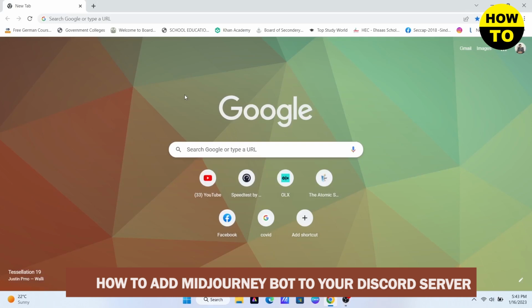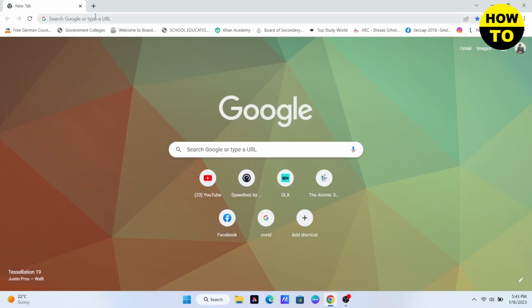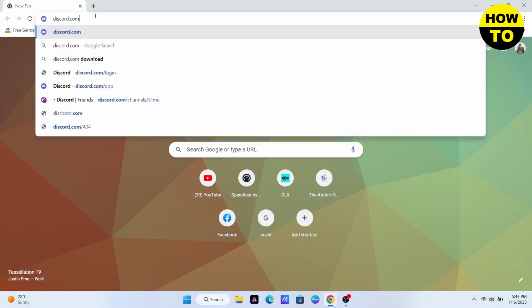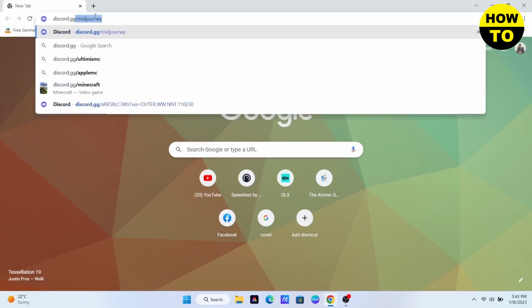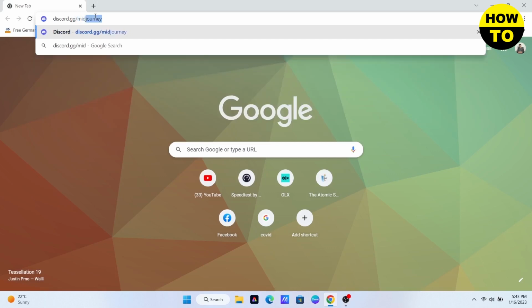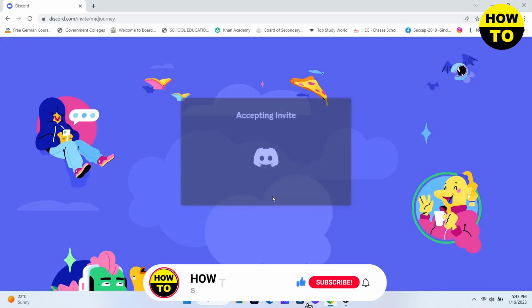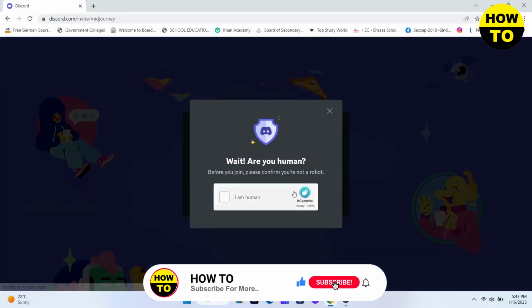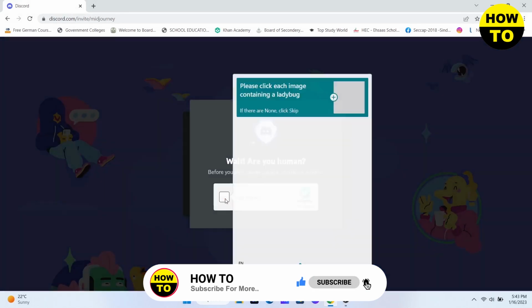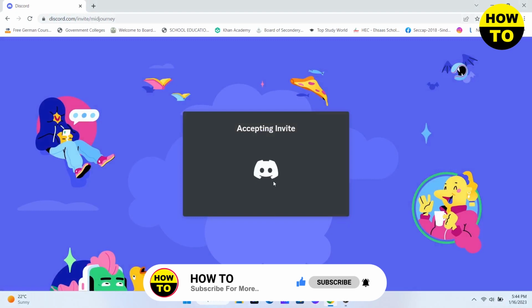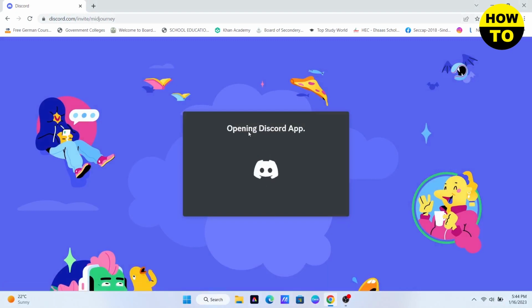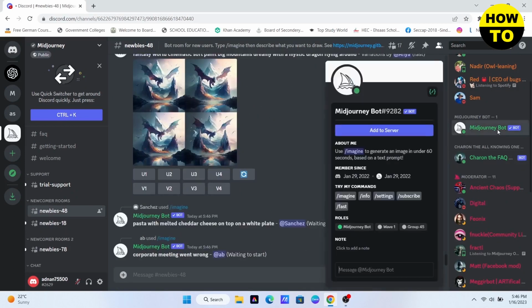So the first thing that you need to do is go to your browser and then search for discord.gg/midjourney. It is a very easy link, you can easily remember it. And after that you need to click on accept invite, and then it will verify that you are a human. So once you have verified yourself, it will open up the Discord application, and then here click on this bot